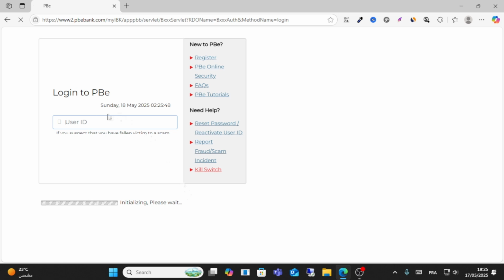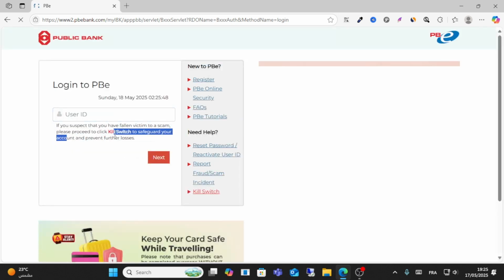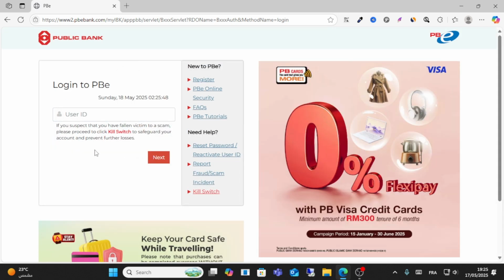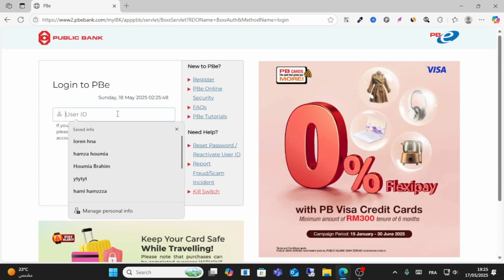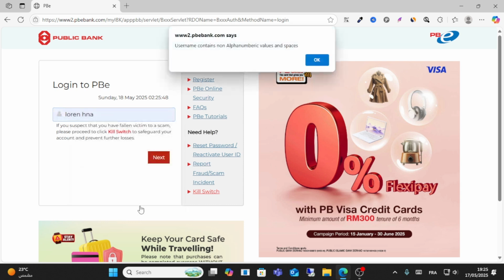So guys, you should log in with your user ID, and make sure you avoid any victim scam. Click your ID and click next. After that, write your password if you have one. For example, this is my ID. Click next, and